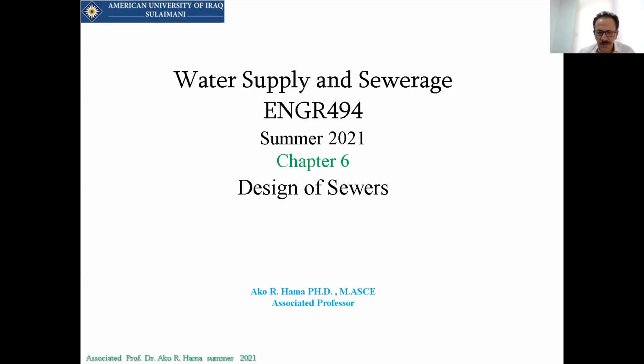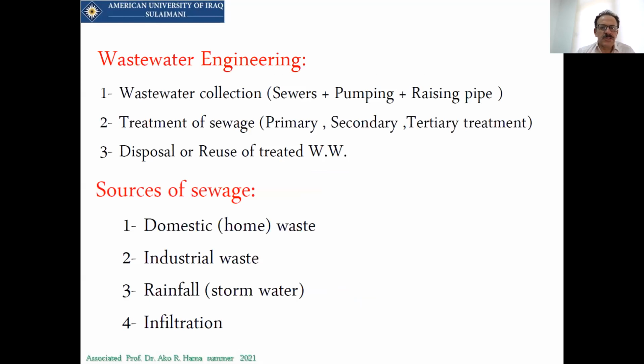Now, in general, we have wastewater, which is usually called sewage. Wastewater, by the way, or municipal wastewater, is a general term. Sewage is the specific term, which is the municipal wastewater.